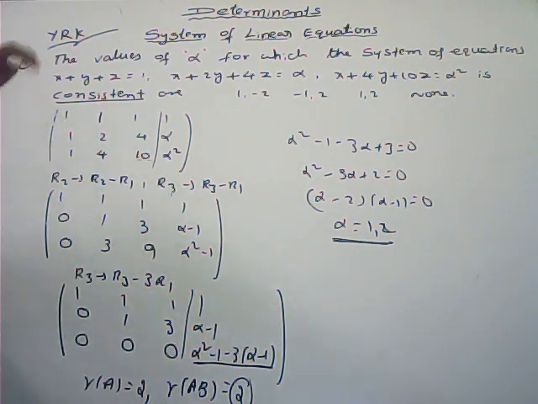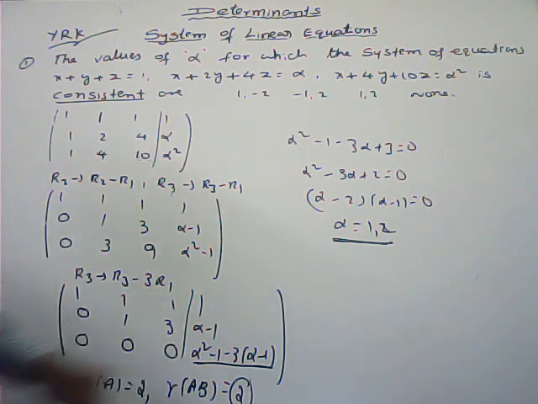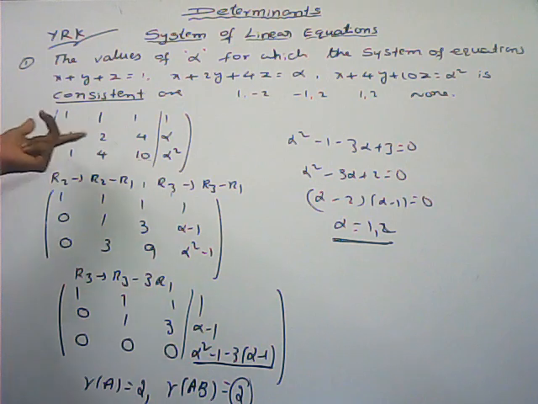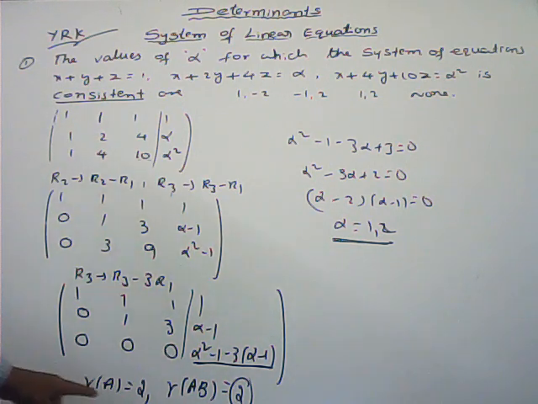Then we say consistent. If it is not equal to 0, both the ranks are not equal, so there is no solution. Both the ranks not equal, no solution. Both the ranks equal, two cases: rank of A equals rank of AB equals 3, the order of the square matrix, gives a unique solution; rank of A equals rank of AB equals 2 gives infinitely many. Here we are solving only 3 by 3, so I am saying it directly.